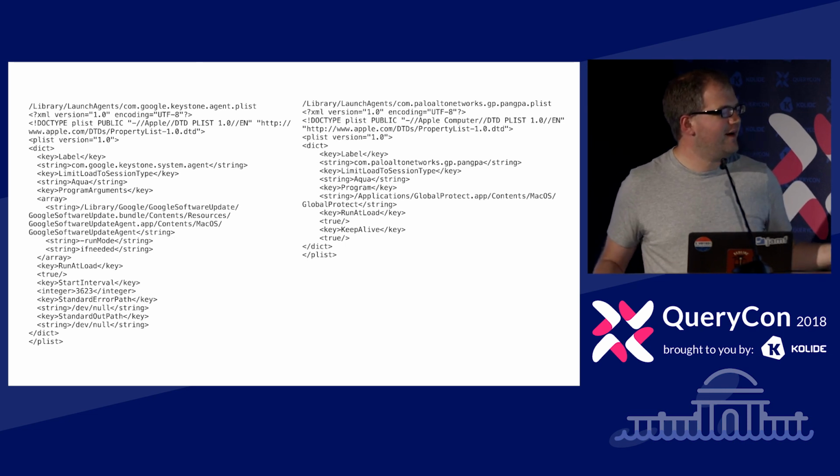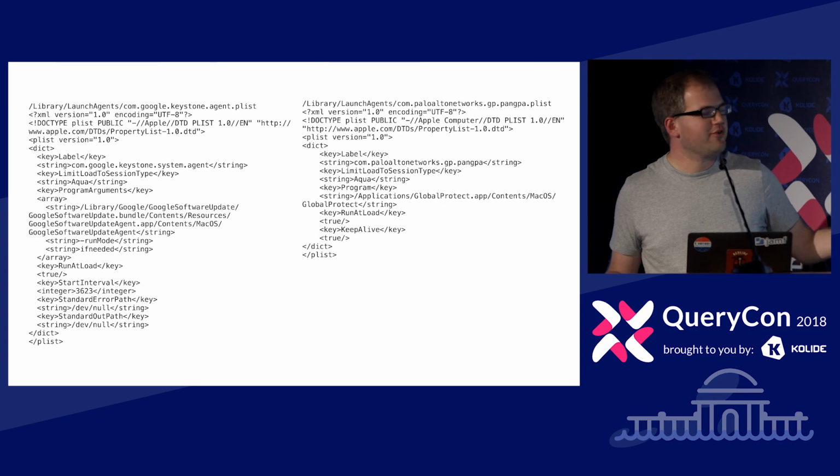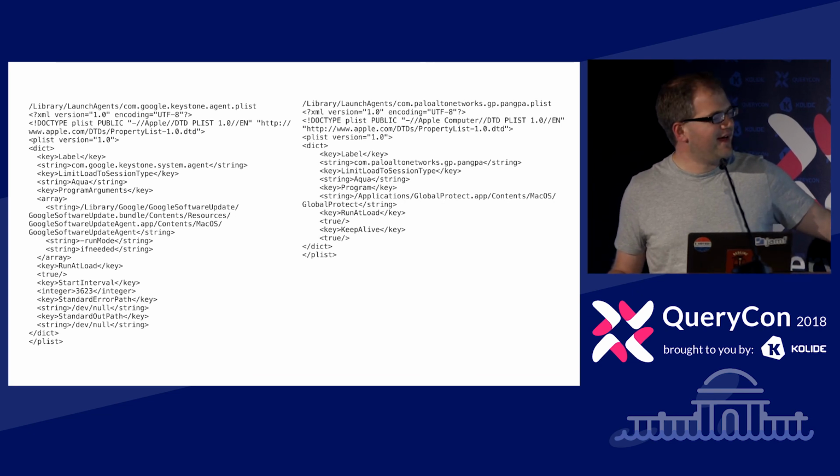However, on the left side, we can see that Google Software Update doesn't have a program key. Instead, it has this program arguments key. And it's an array, and the first element is the program that will be executed, and then the rest of the elements are arguments to that original program.